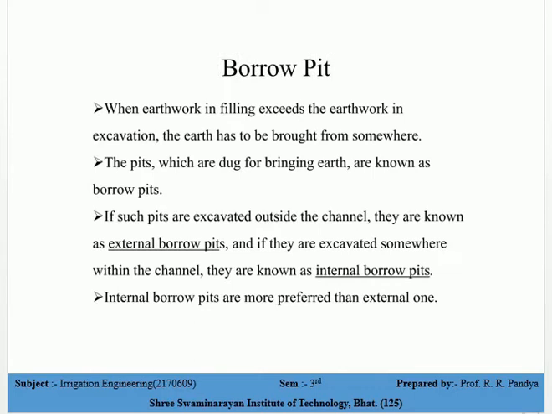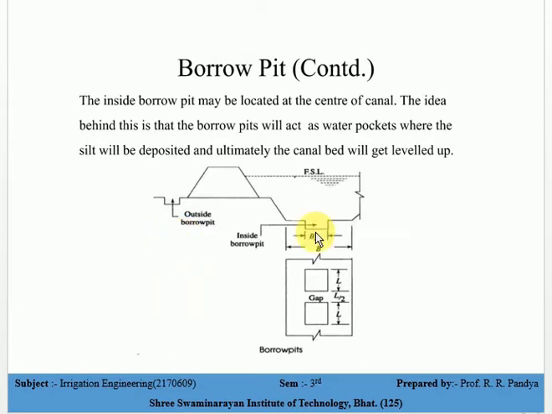So what is a borrow pit? Borrow pits are small pits which are dug to obtain extra earth for making banks if the soil obtained from the cutting is not sufficient. So why do we use this borrow pit? Let's jump to the figure again. If this cutting material is not sufficient to make this filling or embankment, then the extra earth should be obtained from this borrow pit. So from this borrow pit we add excess earth material to make the embankment.